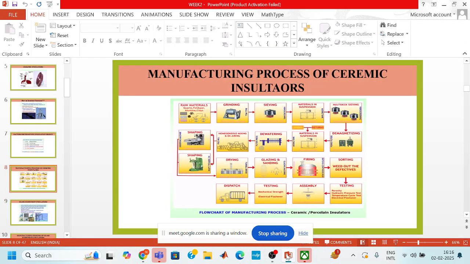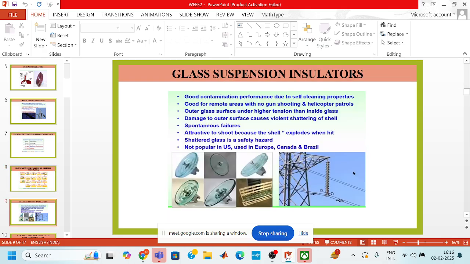So after the ceramic manufacturing process, we proceed to glass suspension insulators. As the name suggests, it is made of glass. The main property of glass suspension insulators is good contamination performance due to their self-cleaning properties. Second, it is good for remote areas with no gun shooting and helicopter patrols,